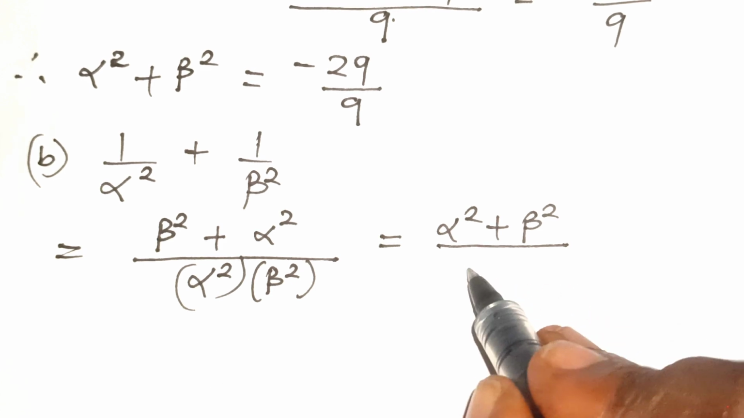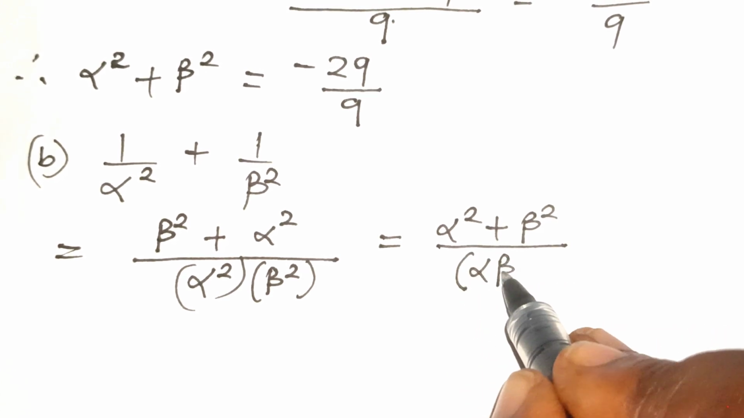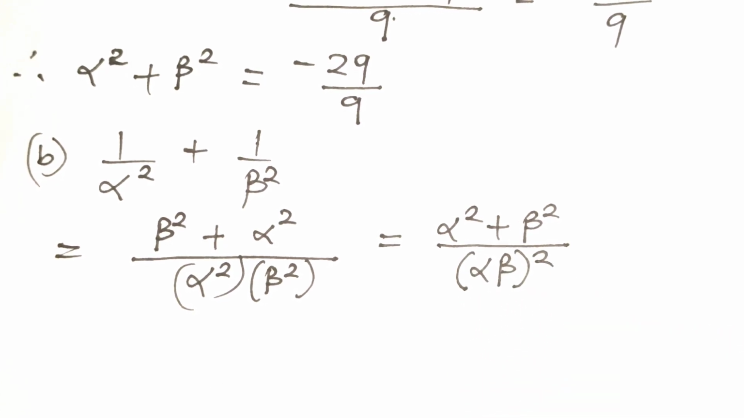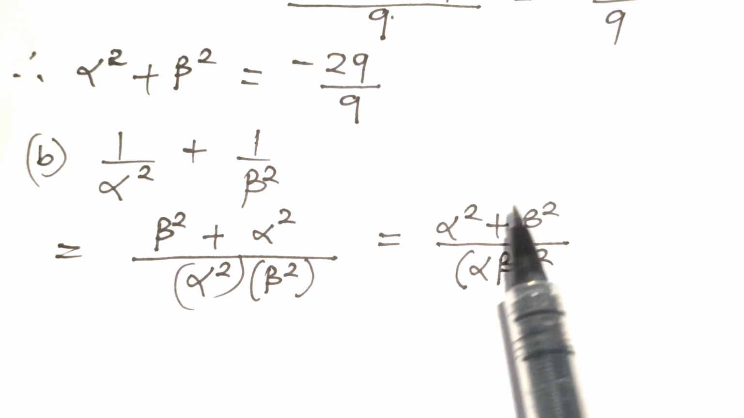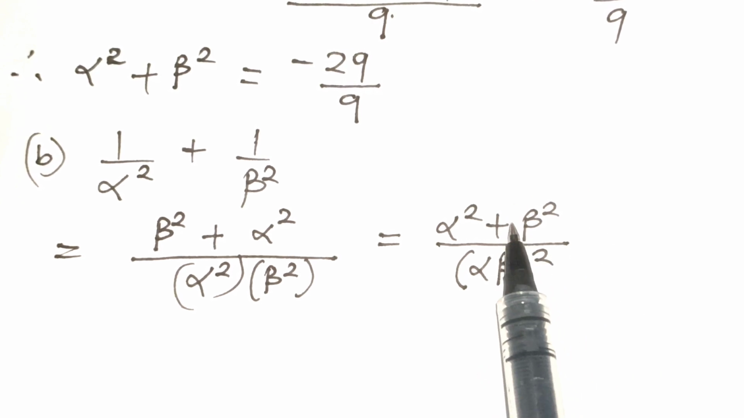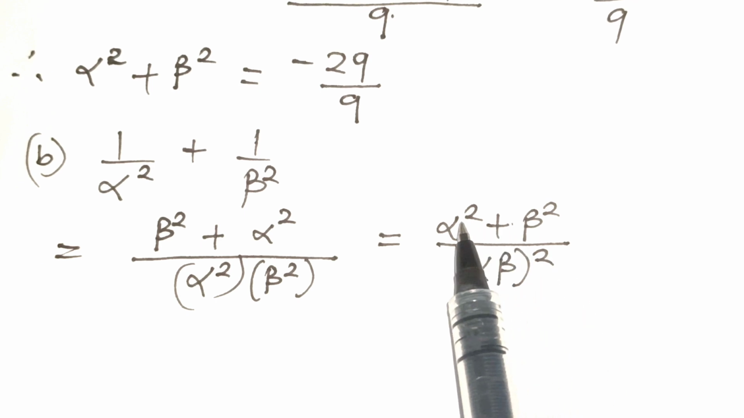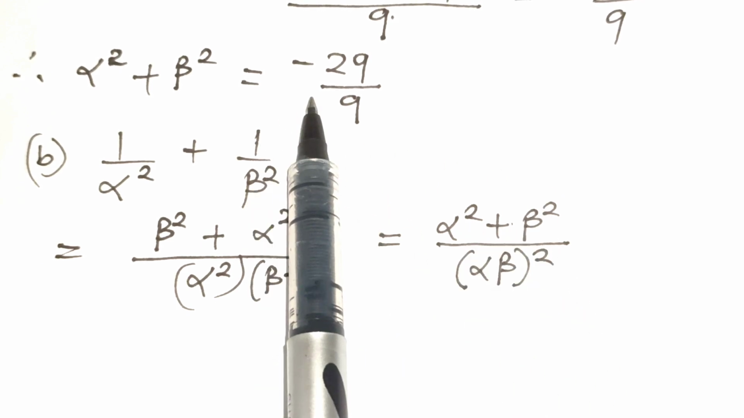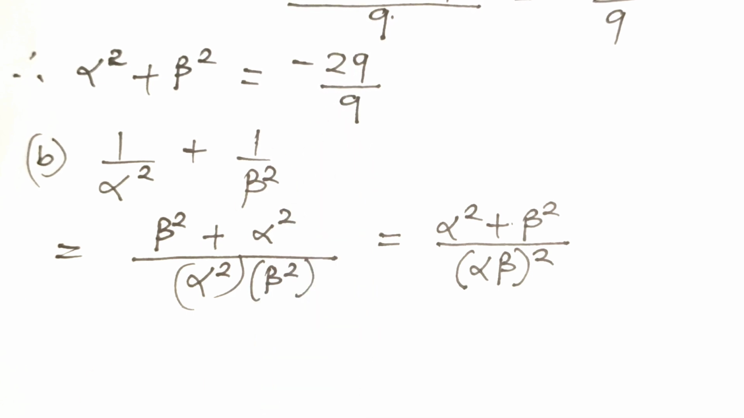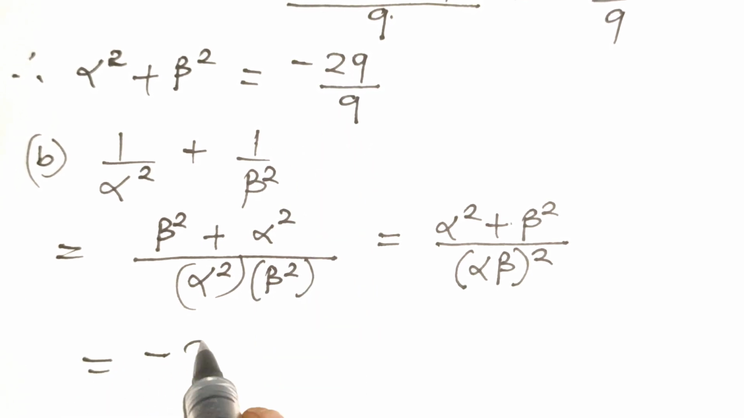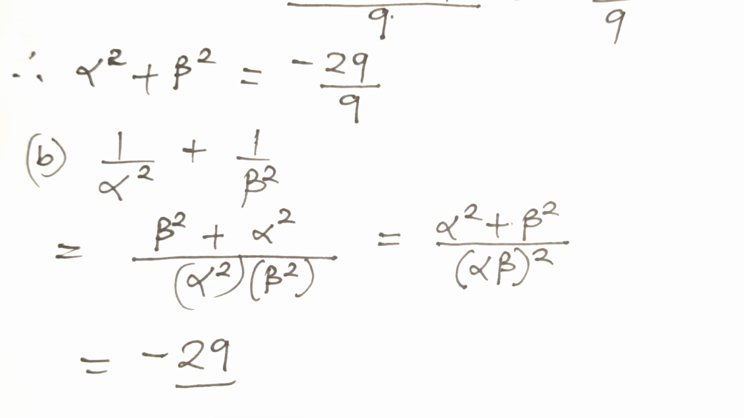And the denominator can be written as alpha times beta all squared. So we have values for these two terms. The numerator, alpha squared plus beta squared, is equal to minus 29 over 9. So I'll write here minus 29 over 9 divided by